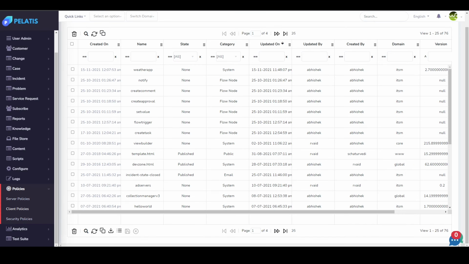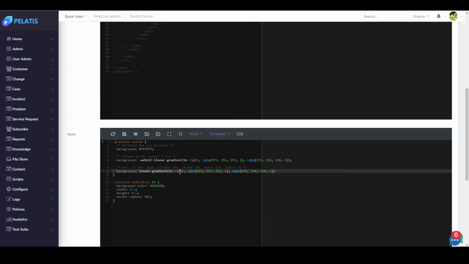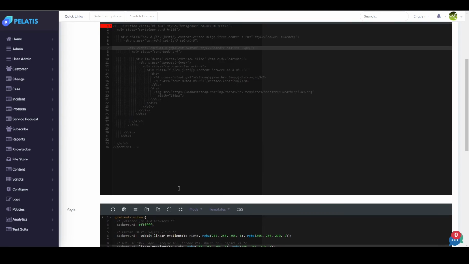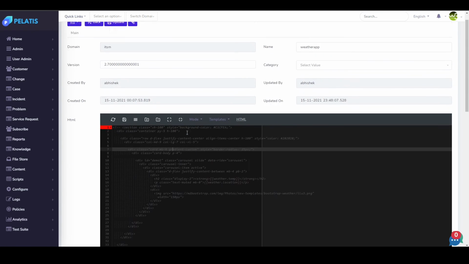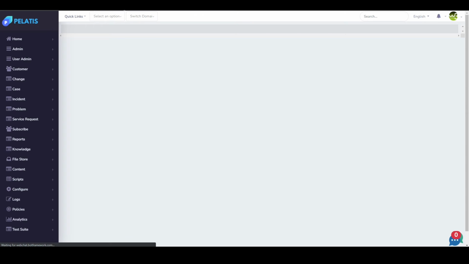In this video, I'll be just showing you how to work with the UI template. So let's just go to UI template. It's just the same code that you write in your local system. And this is the styling part. I'll be explaining how this works. Let's just first render the application over here. Now you can see that nothing will render because we have commented out the whole HTML, right?